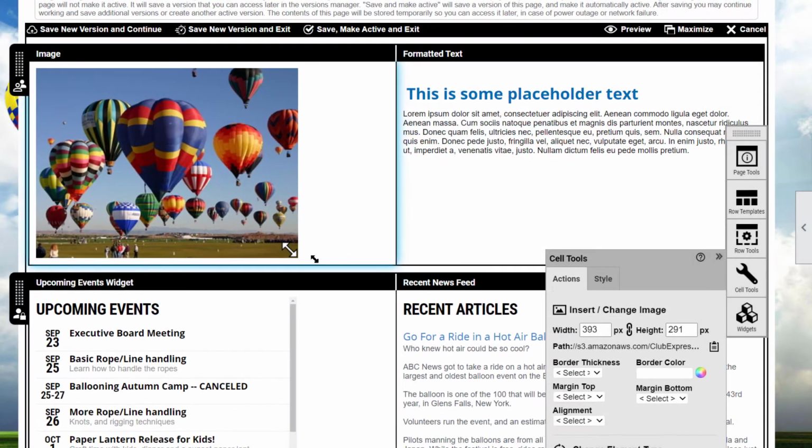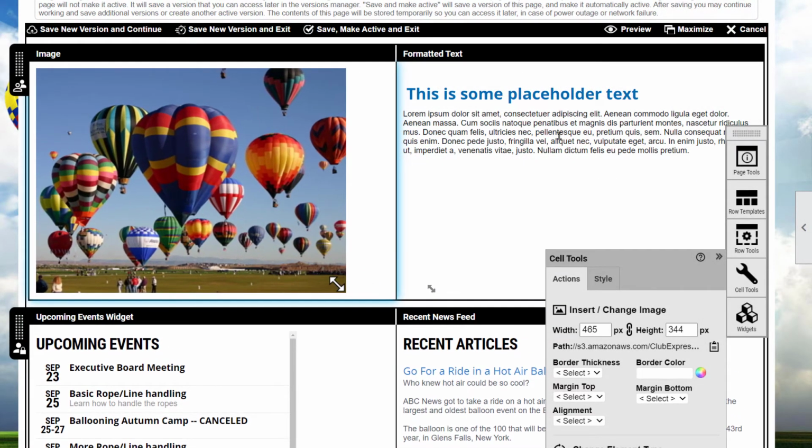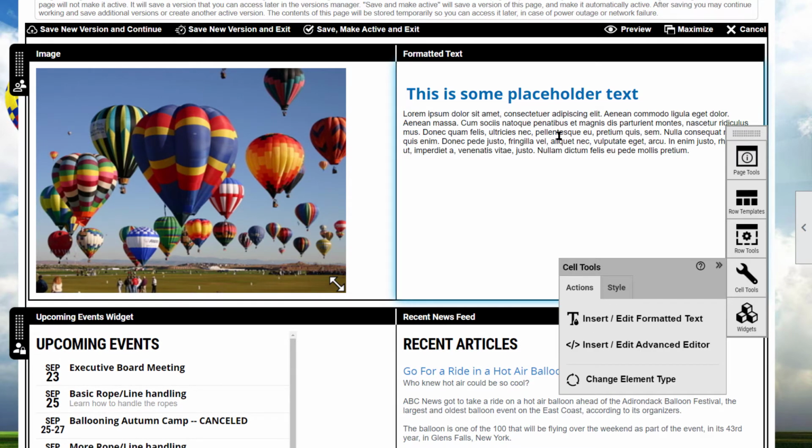The image is displayed and can be resized. Now we click on the cell with text and choose Formatted Text to enter the basic text editor. This editor has rich text editing features, but if you need more control, you can select the Advanced Content Editor